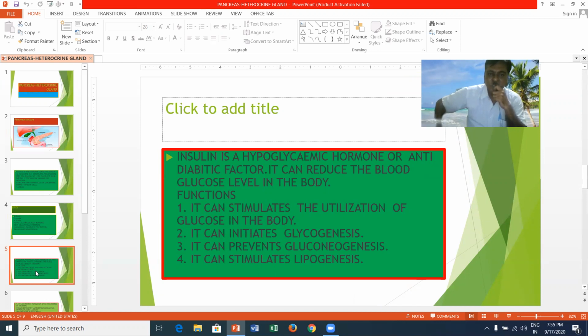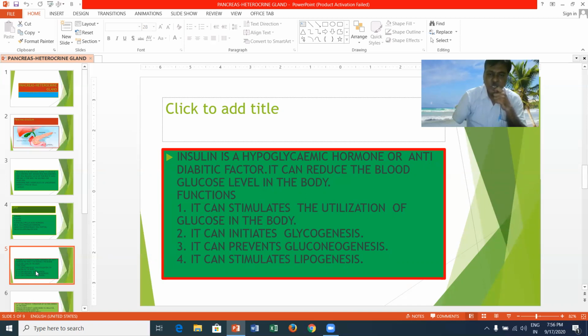It can stimulate the utilization of glucose in the body. That means it can initiate glycolysis. It can initiate glycogenesis. Here, the excess glucose present in the body is converted into glycogen by the process called glycogenesis, and this reserved glucose, or glycogen, is stored in the skeletal muscles, or liver, or in the adipose tissue. It can prevent the